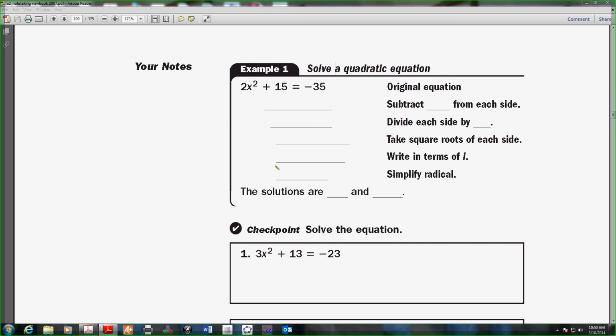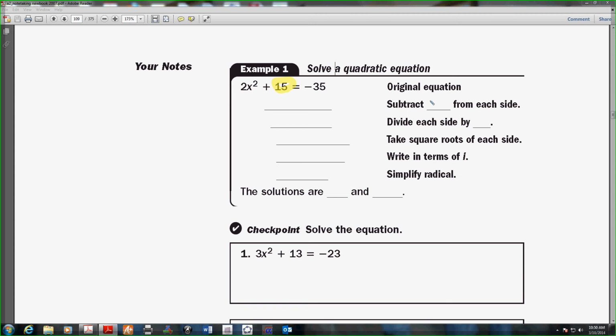We want to get rid of what? Everything that is with the x, because solving is to isolate the x. Now the first thing that we notice, since we're doing opposite order of operations because we are solving for x, we want to eliminate that 15. To eliminate that 15, we do the opposite process. The opposite process of addition is subtraction, and as it's already written here, all we would have to do is